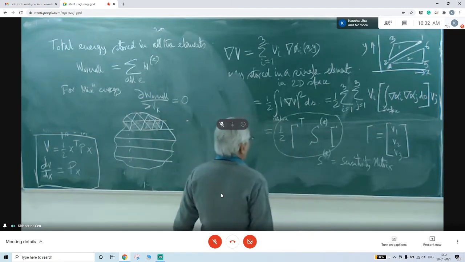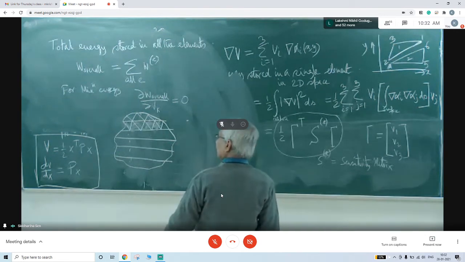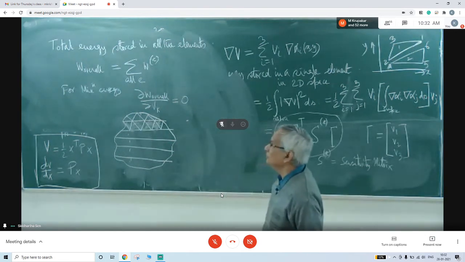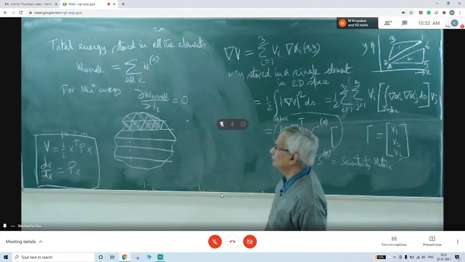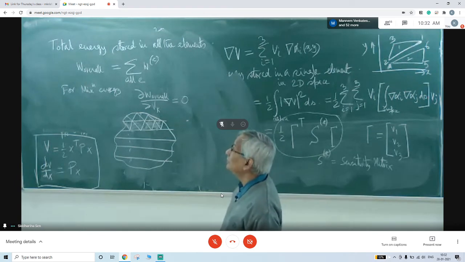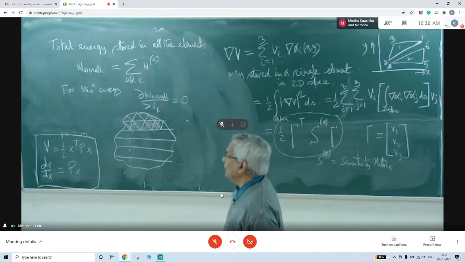Now I will be doing that way. Excuse me, sir, any question? Sir, here then we have to decompose any arbitrary area into triangles. No other shape will do? Pardon? What I mean to say is that we have to decompose any arbitrary area into a number of triangles only. No other shape will do?